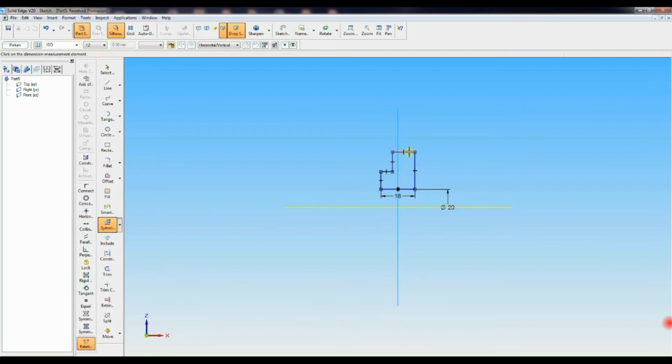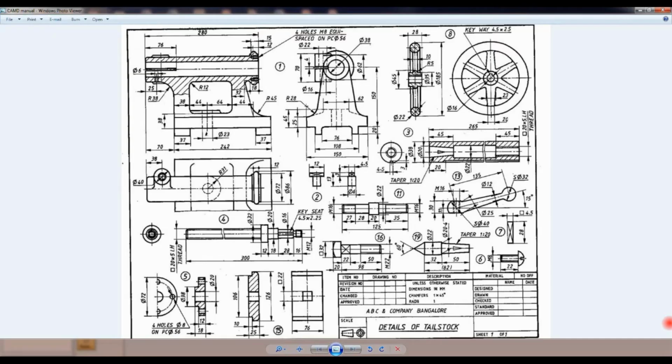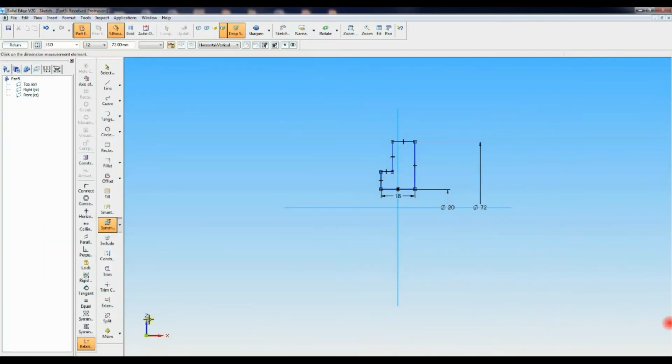Then that line and that surface should be 72. Then one more diameter is 38. Select that, select that, and select that one; you have to get 38.